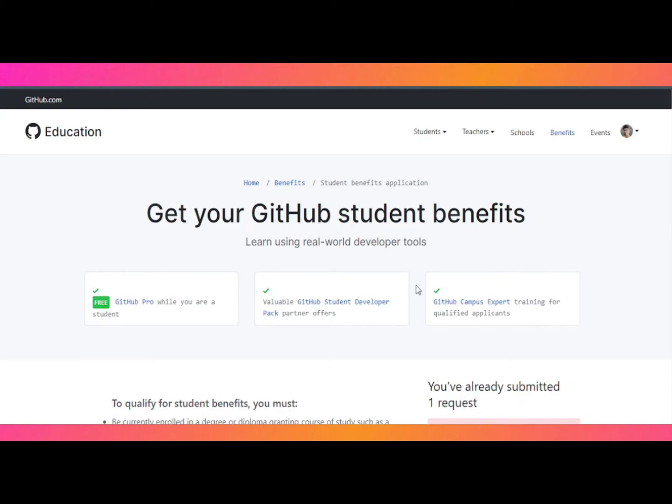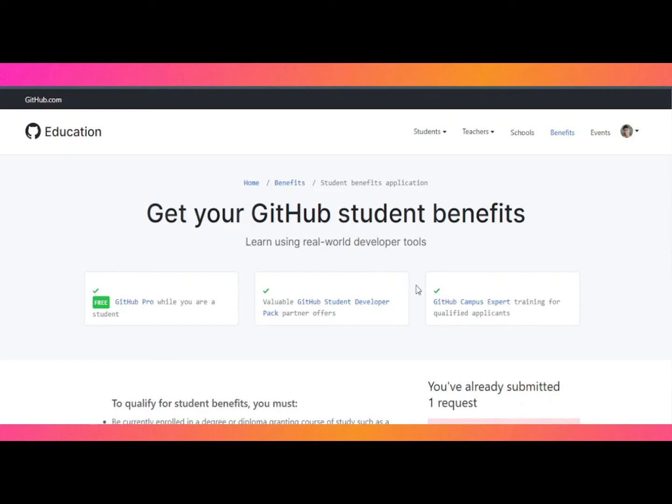Those who got their GitHub student pack, kindly mention in the comments that you have got the student developer pack, and how you are experiencing the pack. Let's talk more about the GitHub student pack.